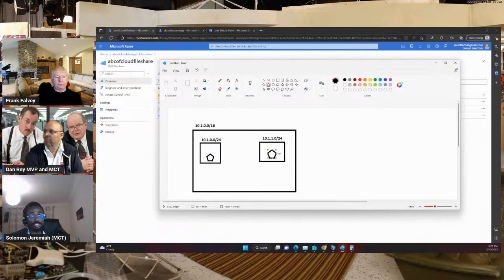But for this demo, I just want to be very fast. I'll just create the virtual network, create VMs in the two subnets, and try to see how to ping both of them. So let me just go ahead to creating the